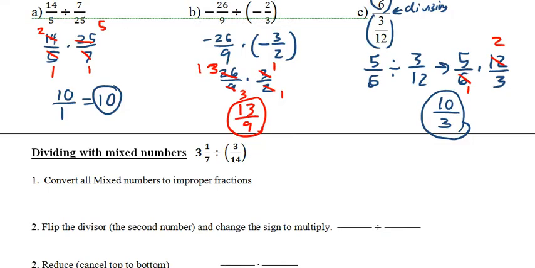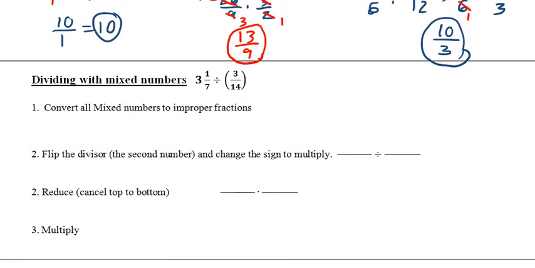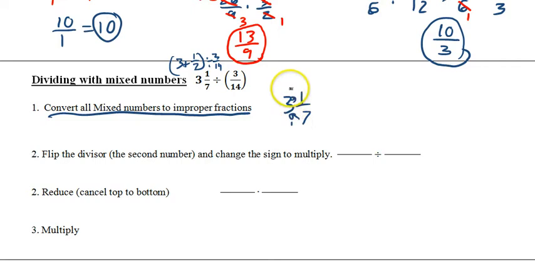Now let's look at the next thing, which is mixed numbers. What do you do with mixed numbers? Well, it's the same thing we did with multiplication. 3 and 1/7 really means 3 plus 1/7 divided by 3/14, which is very complicated. So that's why we convert all mixed numbers to improper fractions. So 3 and 1/7, we use our rule, which is multiply, add, to give us 22 over 7. We can then take that 3 and 1/7 and replace it with 22/7,